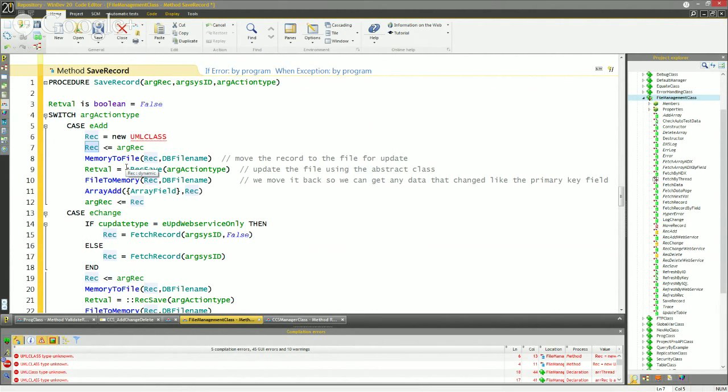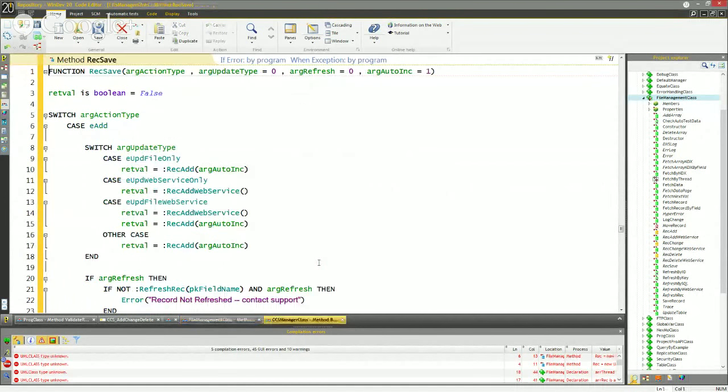You didn't change anything. So what we do is we send it a clean version with the changes, and we say, okay, now move all those clean versions to the internal record structure. Move that now from my memory back to the file. And then I'm going to go do the rec save out of my CCS manager class,